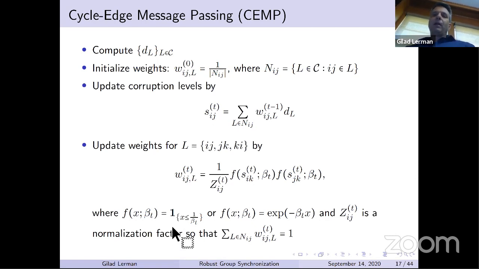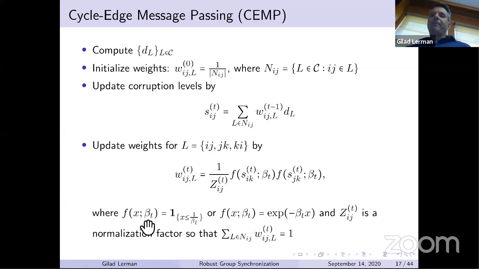So one is the characteristic function. What happens here, we have kind of a hard threshold. We have a parameter beta t, which depends on the iteration. In practice, beta t is increasing, and if you don't have noise, ideally it goes to infinity. So f is 1 if x is less than or equal to 1 over beta t, and 0 otherwise. So the idea is that we want to estimate,